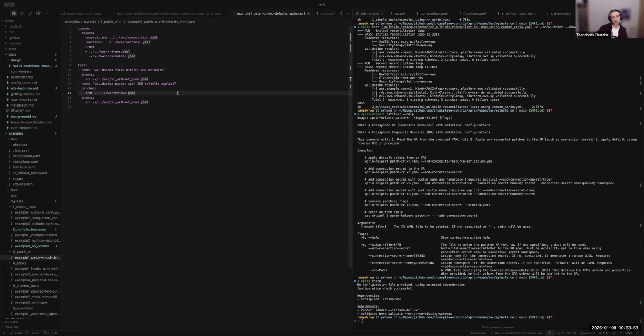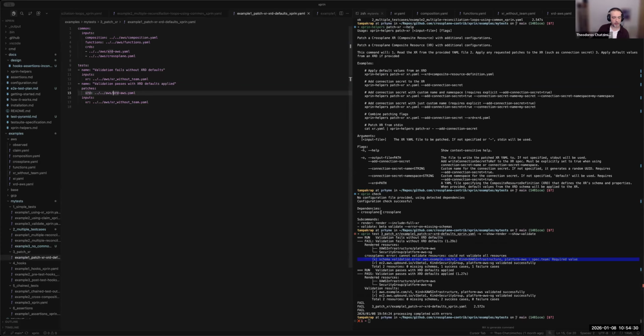And then we use this XR that doesn't have the spec team defined. So if we run it, the first one fails the validation because the spec team is not defined, and the second one, because it is patched, it is fine.